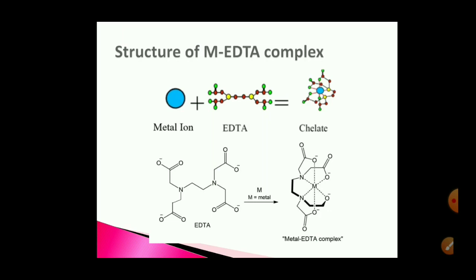So through this slide you can see that EDTA is combining with the metal ion, which can be either calcium or magnesium, both of which are hardness causing, and leading to the formation of a ring-like structure, and the central metal ion is surrounded from 6 sides by the one indicator only, giving rise to an octahedral complex and rendering extra stability to this complex.